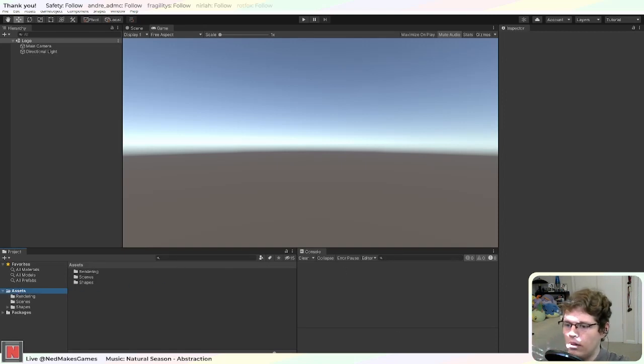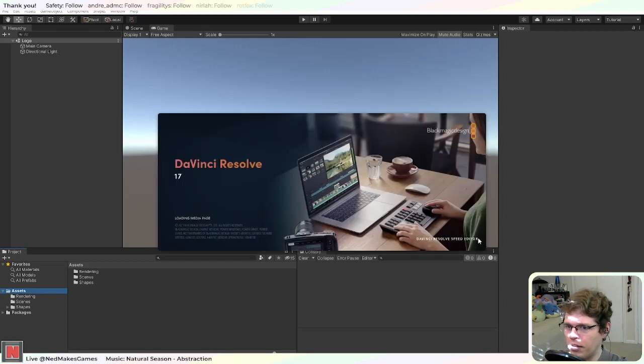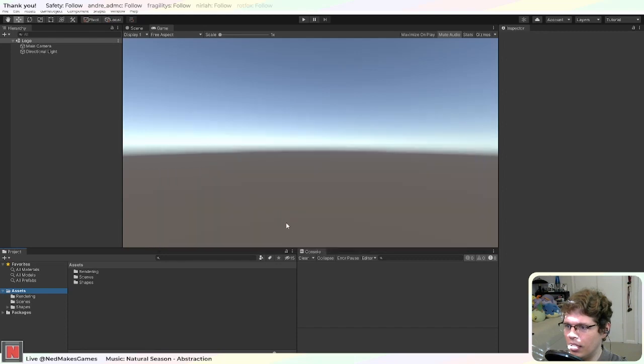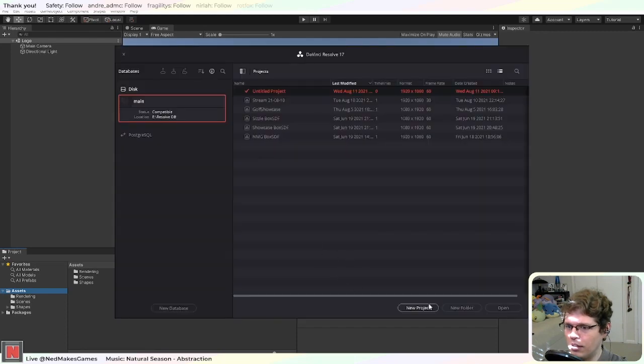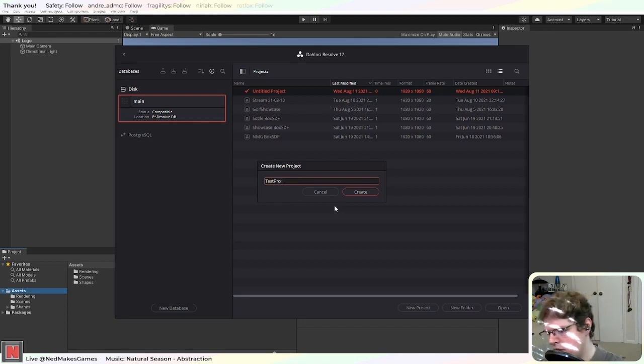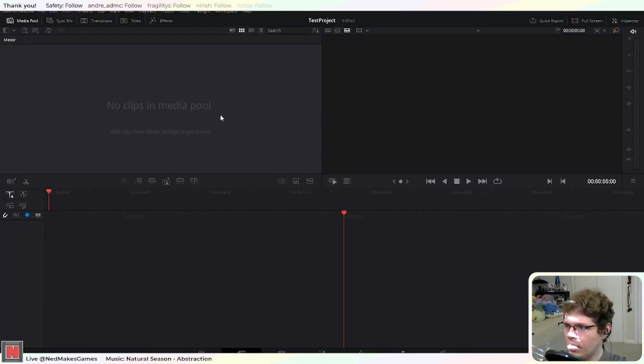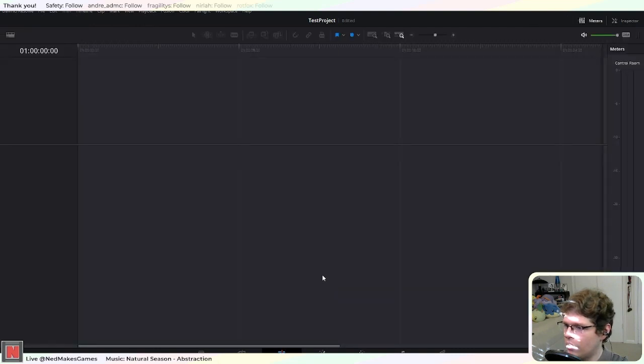All right, so okay, let's try to open it. I have a pretty good computer, so it should work, but I've done things like this before, and it just causes DaVinci to crash. Okay, but so far so good. So what I want to try to do,